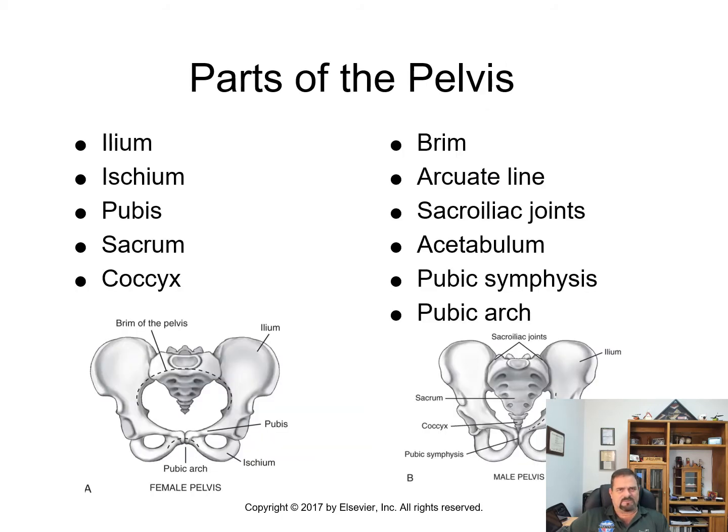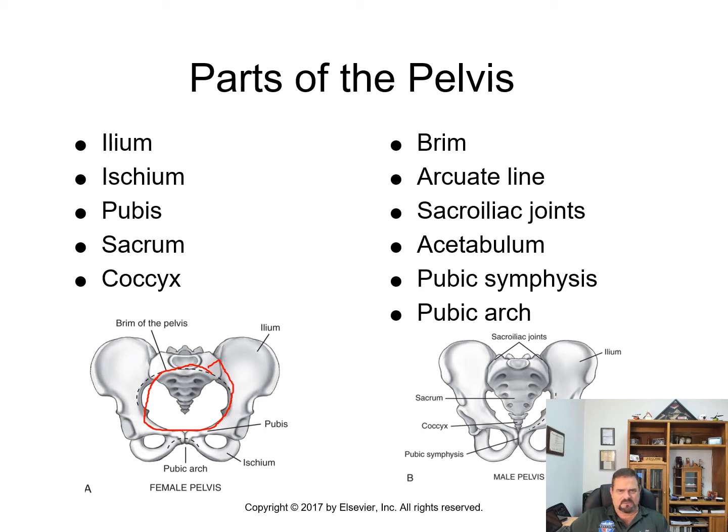All right, so the parts of the pelvis: the ilium, the ischium, the pubis, the sacrum, and the coccyx. You can see them here. This is the female pelvis, the brim of the pelvis. Notice that it's much more circular in nature, versus the male, where the coccyx and the sacrum are more prominent. This is how you tell the difference between the male and the female. Males have a much longer sacrum than the female does, so it's a good giveaway when you're looking at the